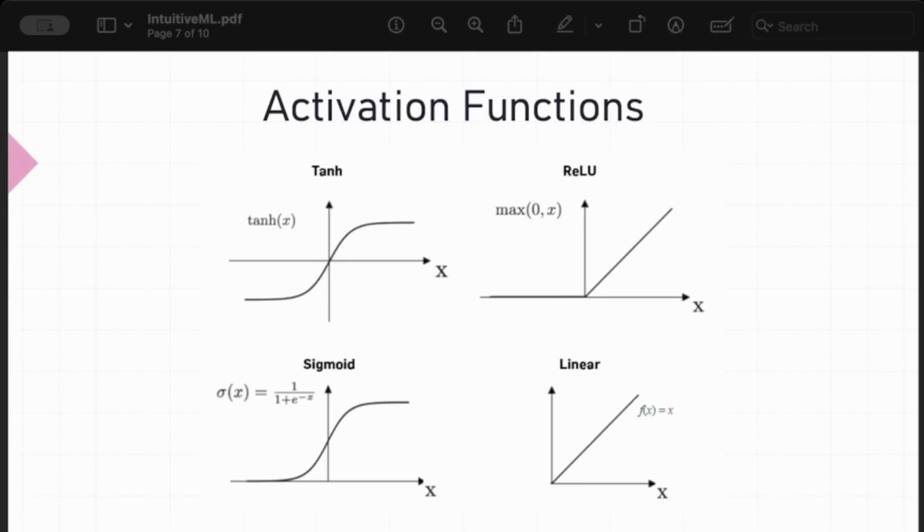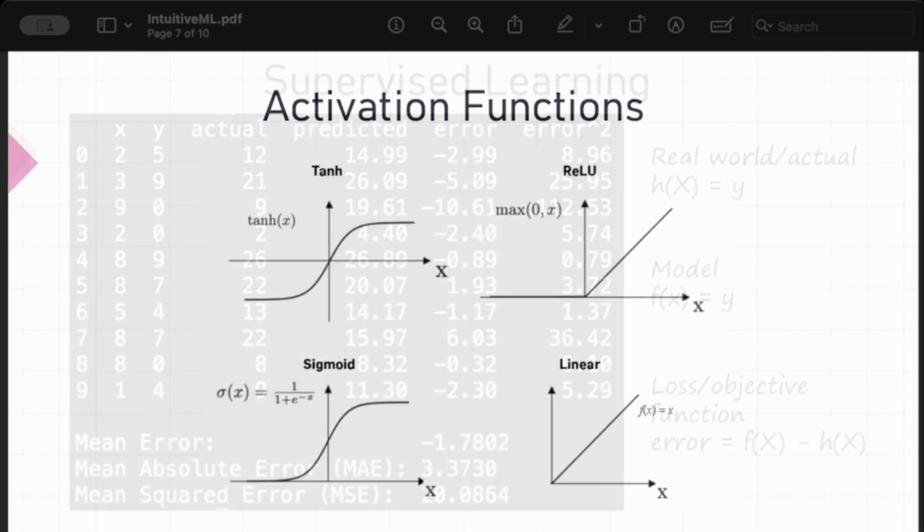Now, when you're looking at a neuron that's in the middle of a fully connected network, it often uses a different activation function, one that has a continuous output of values. Here are some common examples. ReLU is certainly common. You'll see that where if you have a negative value, you're going to output a 0, or then you get a linear output for positive values.